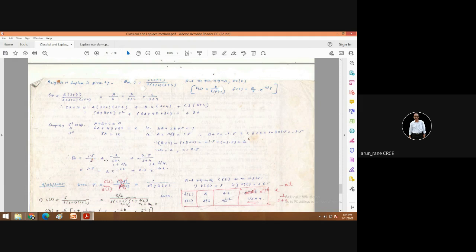One plus s by 2, you are taking 2 common. So 1 plus s by 2 and 2 will get cancelled. And here again 1 plus s by 4. So here value of t is 1 by 4, value of k is half. Here value of t is half, value of k is